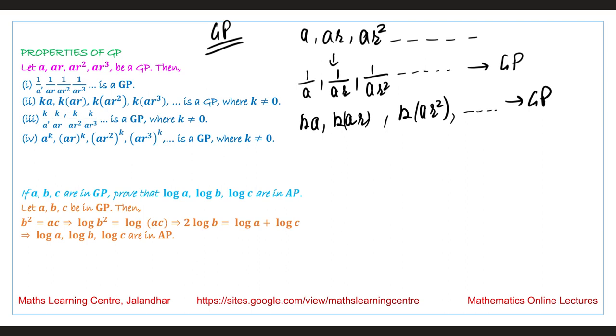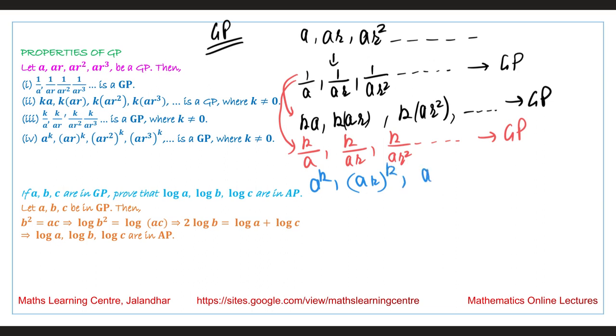If we take the product of k with this, we get k over a, k over ar, k over ar square and so on. This is also a GP. Then the powers, a raised to the power k, ar raised to the power k, ar square raised to the power k and so on, this is also a GP. So all these are geometric progressions. The first term and the common ratio will be different from the initial GP, but all these are GPs. Now the first question we have is, if a, b, c are in GP, we have to prove